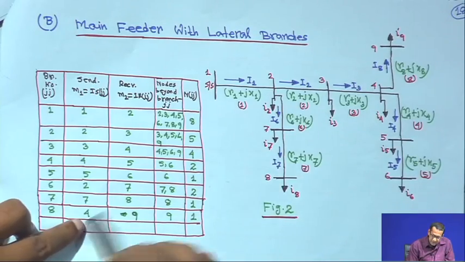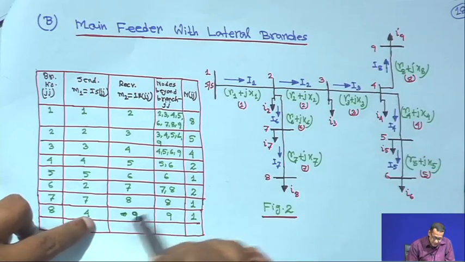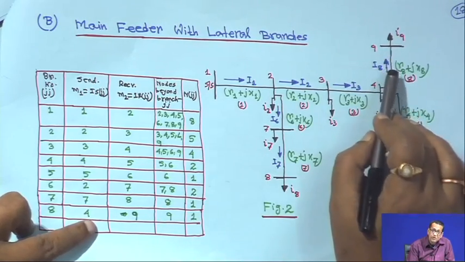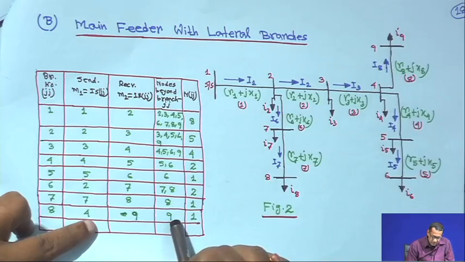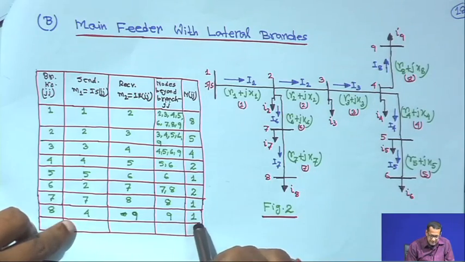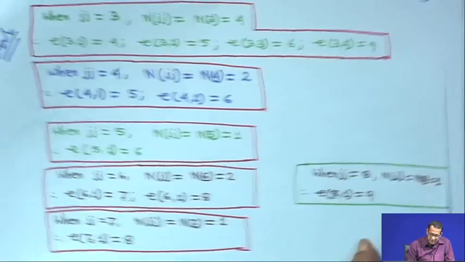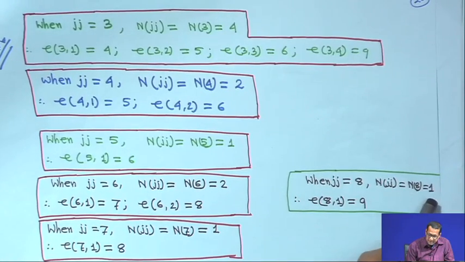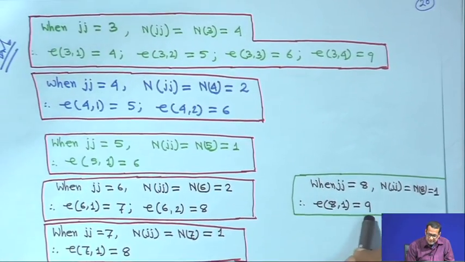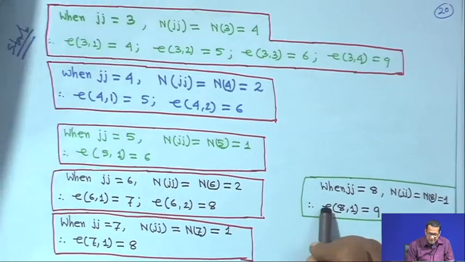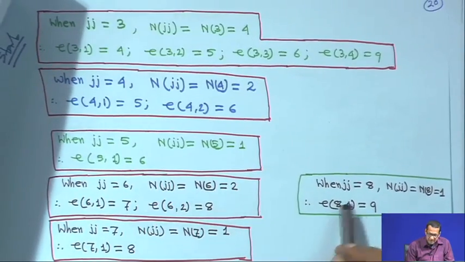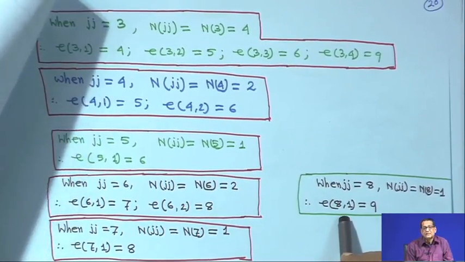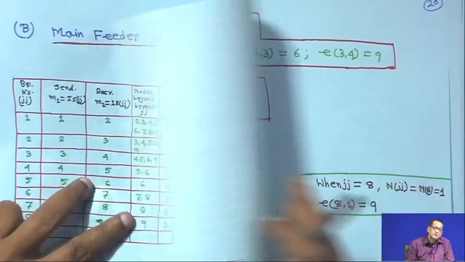So, M1 is 4, the sending end node, and M2 is 9, the receiving end node for this branch, and there is only one node, 9, so n8 is equal to 1. That means, here I have written, when jj is equal to 8, njj is equal to n8, which is 1, therefore E81 is equal to 9. This way you are identifying all the nodes beyond each branch and you have to put it in your